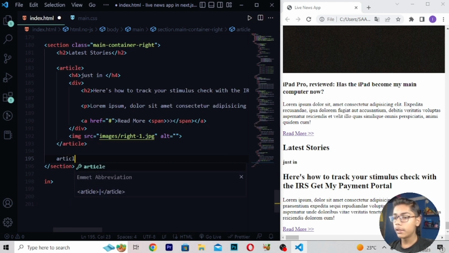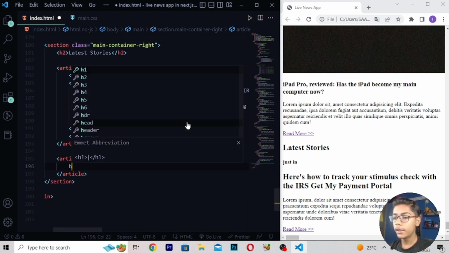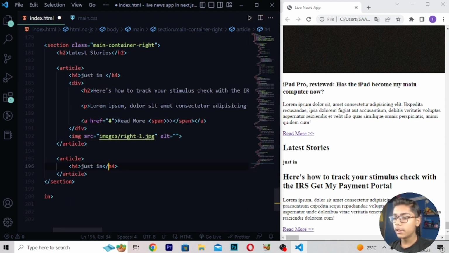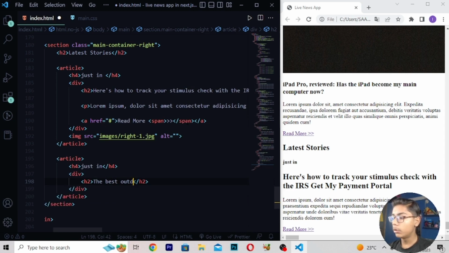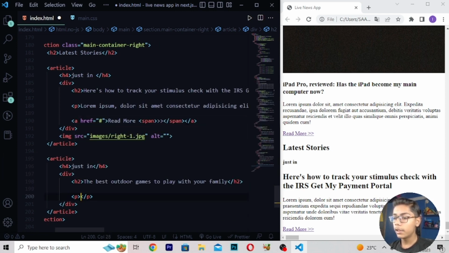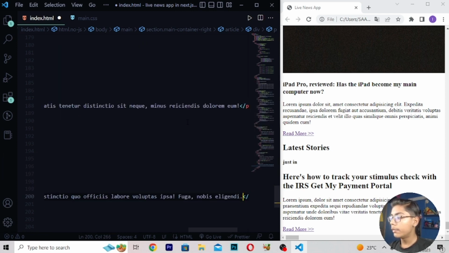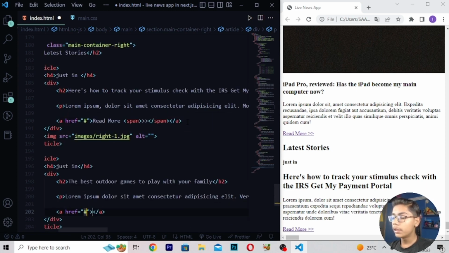Then right here article tag. Then you have to write here h4, write Justin. Then here I will be writing div h2. Then right here the best outdoor games to play with your family, like this. Now when you've written this, here I'll be writing p tag. Then when you've written all this stuff, here I will be just moving down after this,